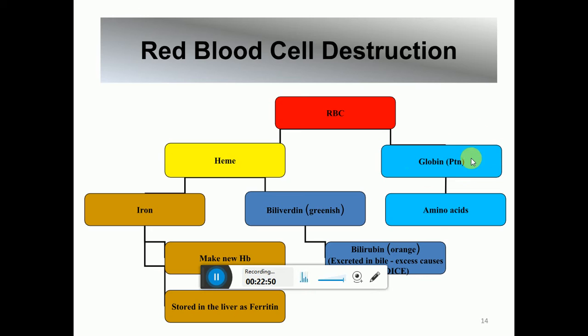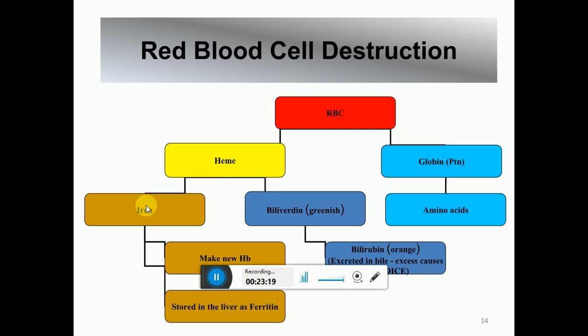The globin portion is protein, and we all know that the building blocks of protein are amino acids. So that globin protein will break down into its individual amino acids, and then the body can recycle those amino acids to make whatever it needs. While on the other side, the heme portion is made out of both iron and biliverdin. So if you look at the iron part,